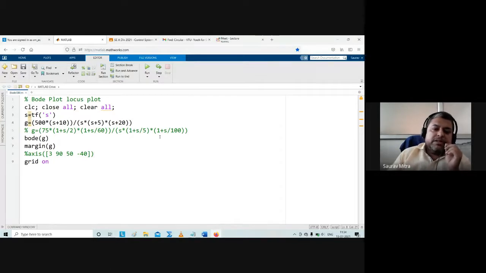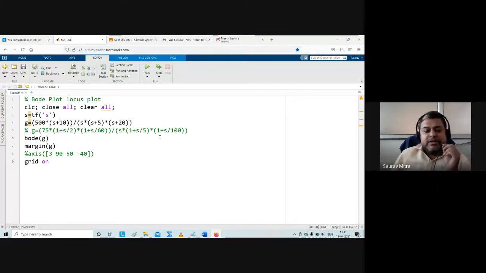So there will be a positive line of 34 dB above the 0 dB line. And again the same thing at 0.1: there are two amplitudes. One is 34 dB, and for 1 by s the amplitude is 20 dB at 0.1. So the starting point will be 54 dB at 0.1. For 500 into 10 divided by 5 into 20, the net is 50, or 34 dB. So at 0.1 frequency there will be a 34 dB line, and 1 by s is existing at 0.1.